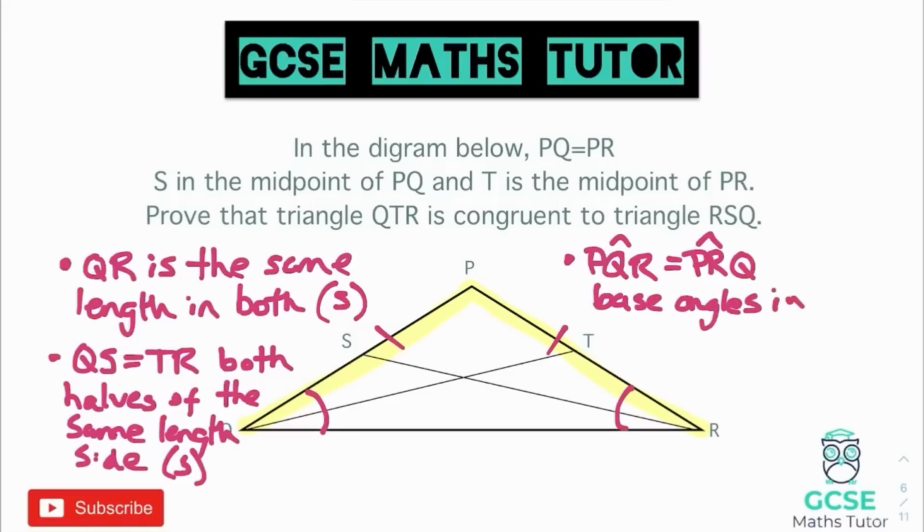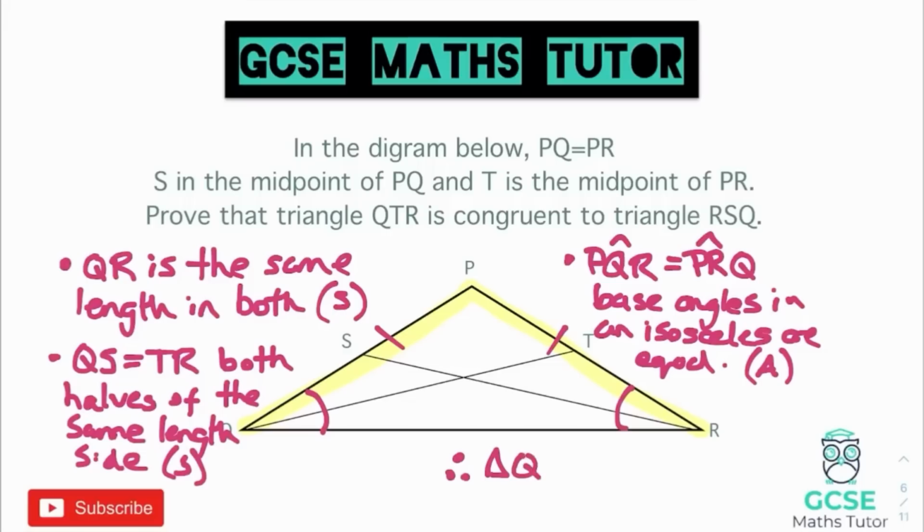And it's quite awkward having to write it all, but very important that you write it all down. So base angles in an isosceles are equal. So we've got our 3 points there, that was another angle. So just thinking about what we have, an angle in between two side lengths. So therefore,